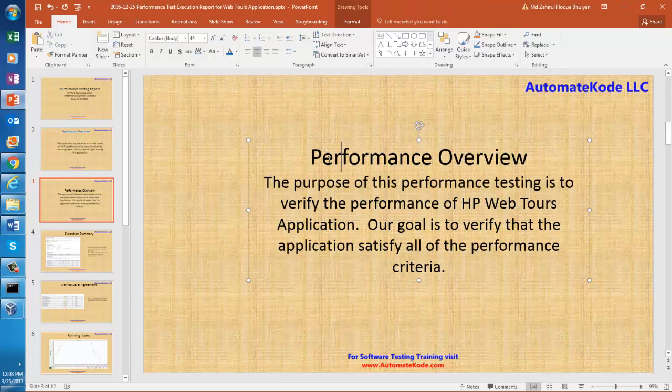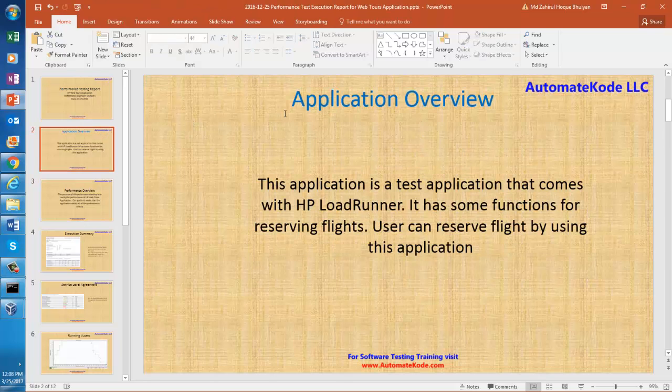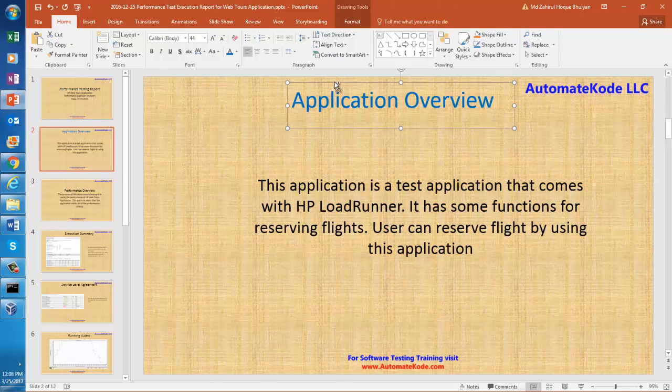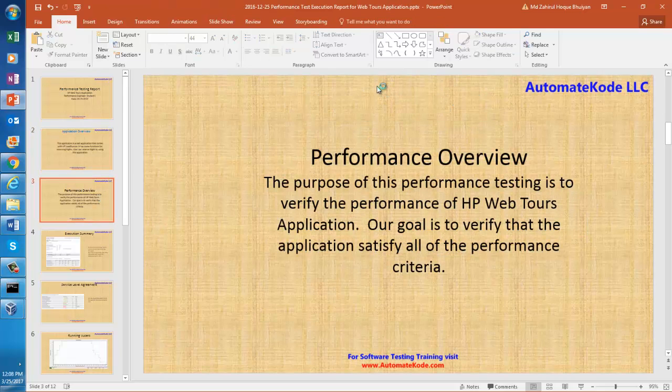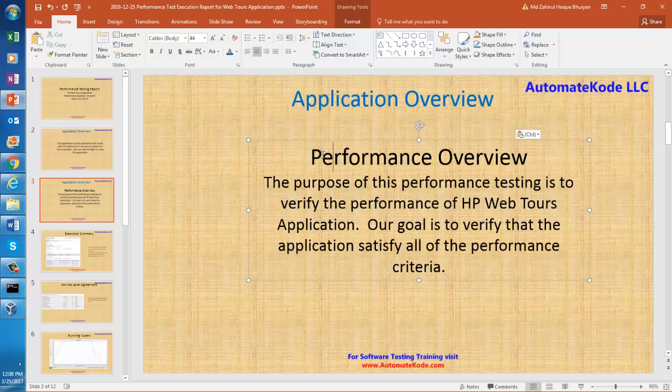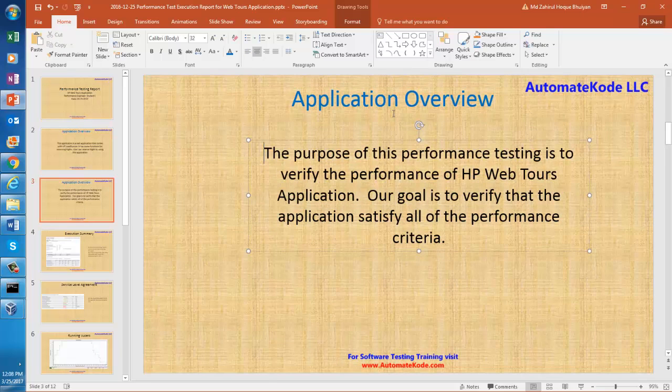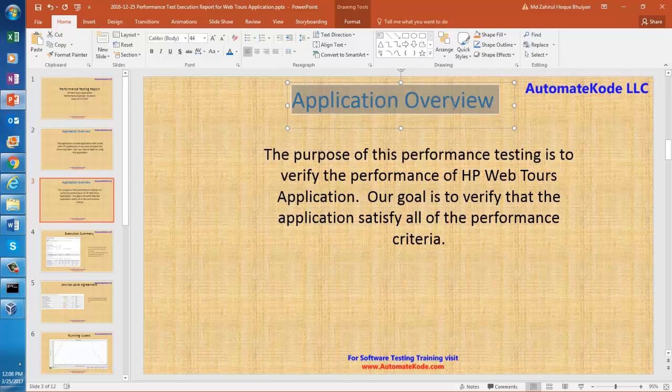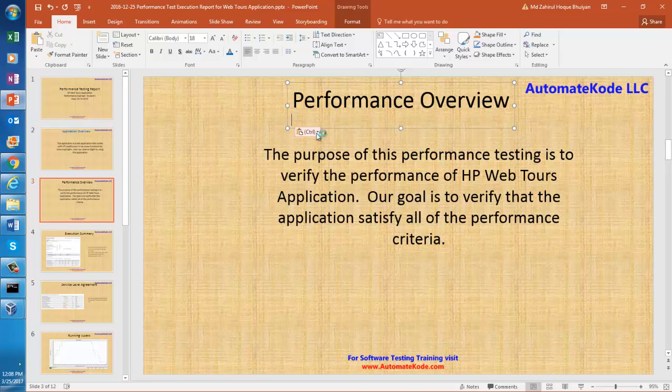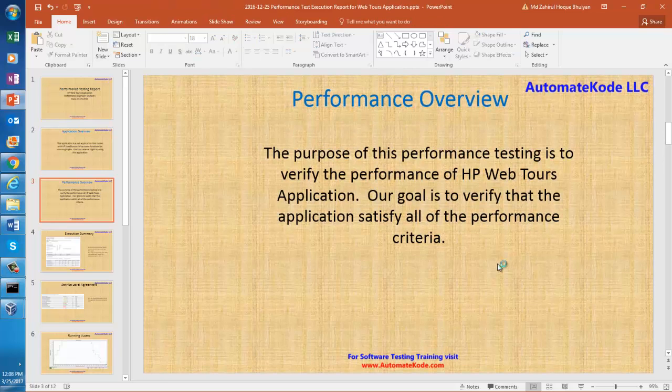Now again the same thing, but for performance overview, let me bring that slide from there and bring it here and move this text from here to there. Right, now in the performance overview, you say something about the application. Now you say what your performance goal is. The purpose of performance testing is to verify the performance of the HP web tools application. Our goal is to verify that the application satisfies all of the performance criteria,